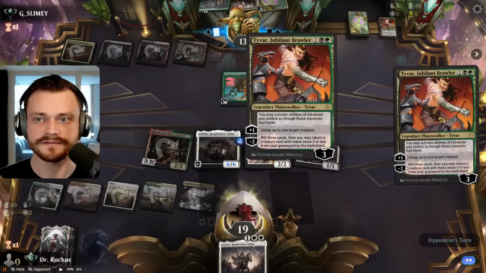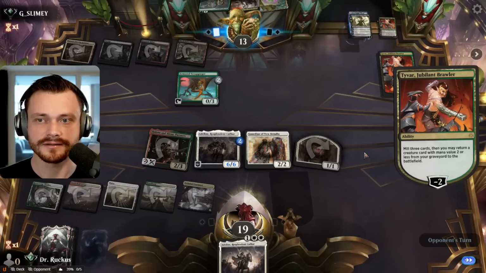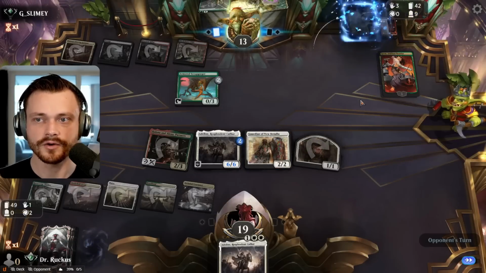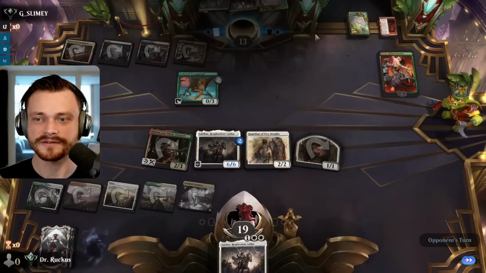Tyvar comes back. Let's see if they can hit anything good this time. Still nothing down there to grab. Okay. Vraska, nope, they whiff again. Again, not as good early unless you have the perfect setup. And they scoop. Yeah, this is a perfect demonstration of...